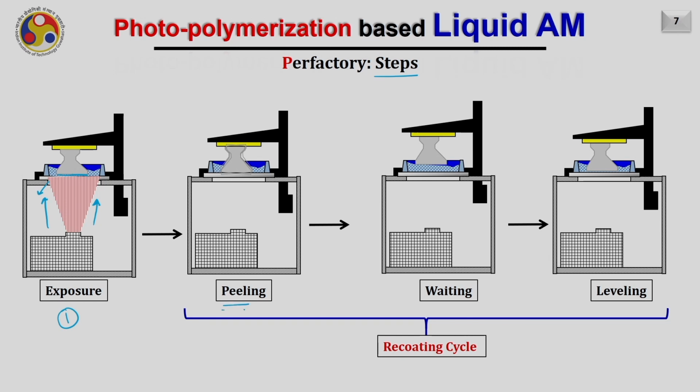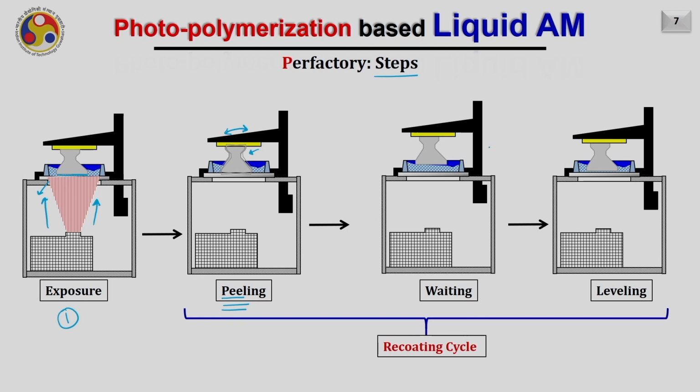Usually, this operation is called peeling. Earlier, it was performed by just shaking the table in this manner as you are seeing here, so that we can peel away the part from the transparent window, and hence the next step can take place. Of course, peeling away is a very tedious task. However, nowadays many solutions are there for that. I'll discuss later on, but this is the classic one.